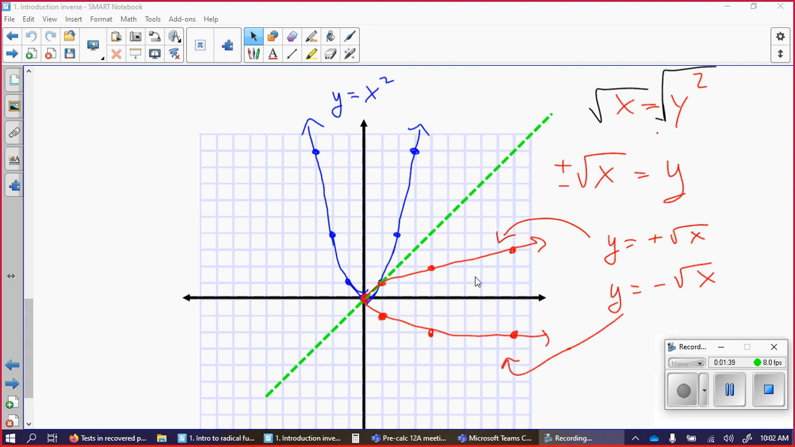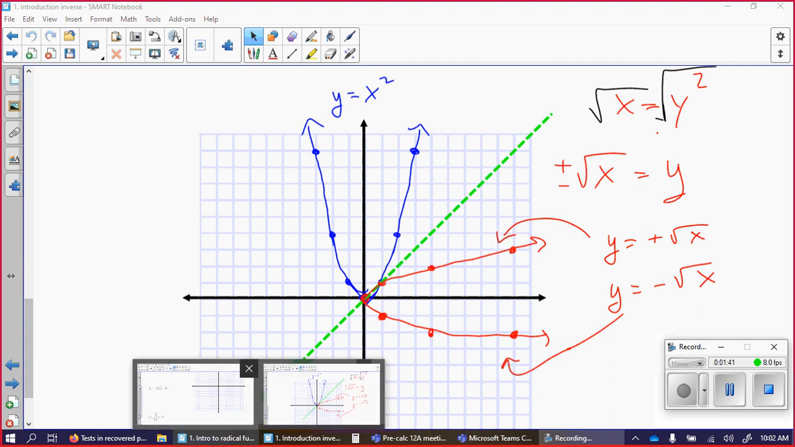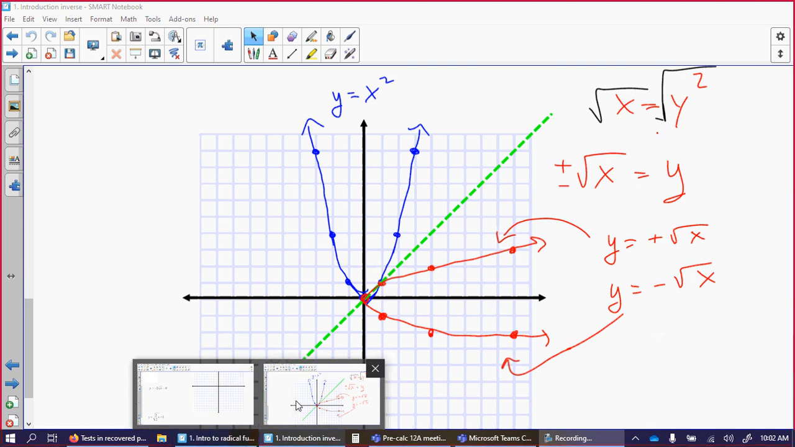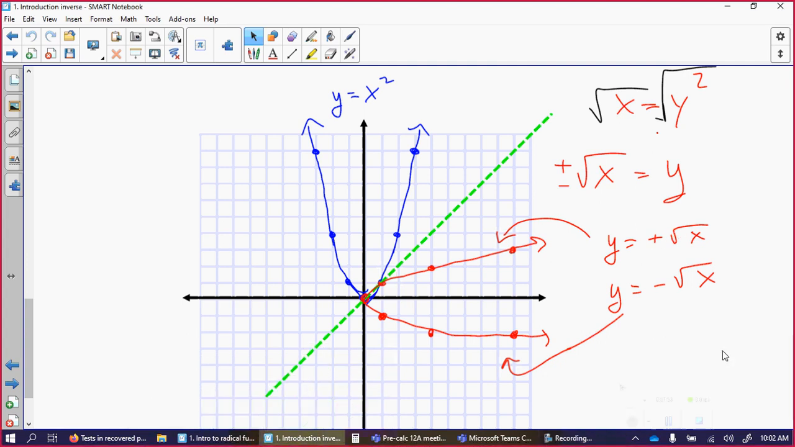So the next section that I put up is radical functions, which we can look at in terms of all sorts of different things. We're going to start with y equals the square root of x. And we're going to do the things that we did kind of with